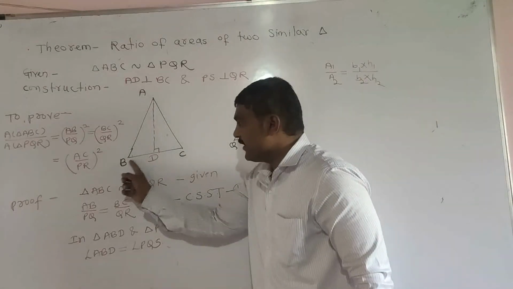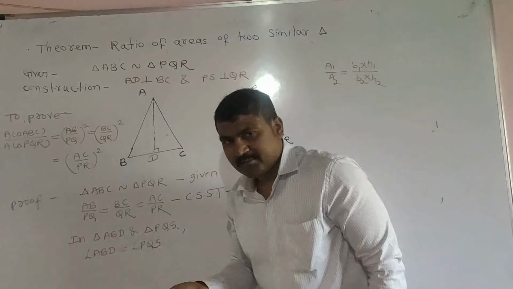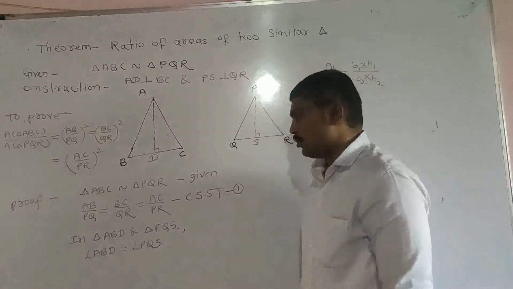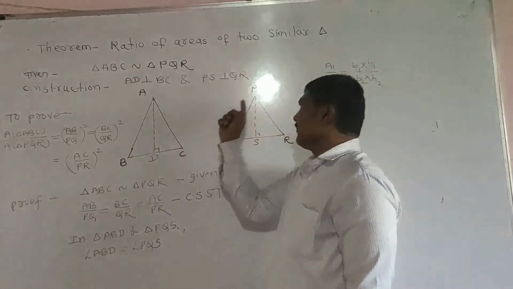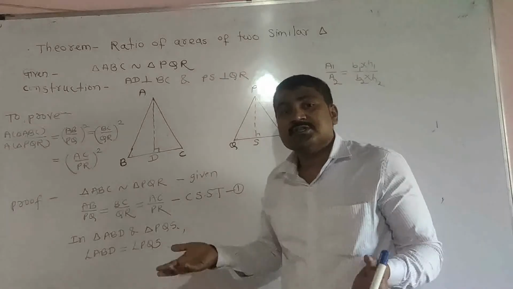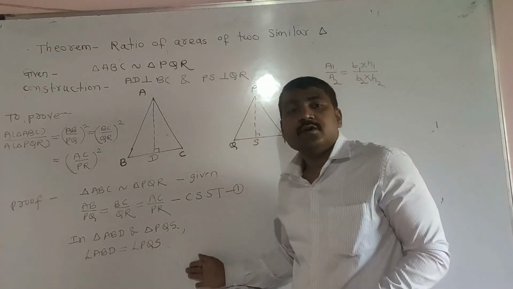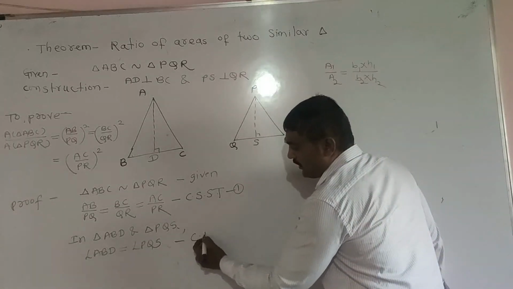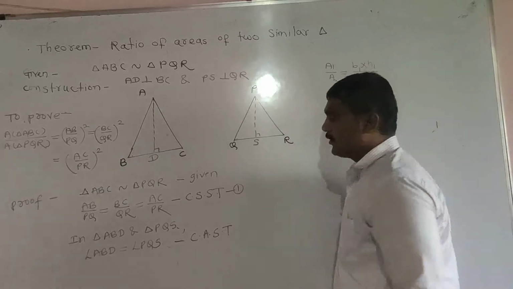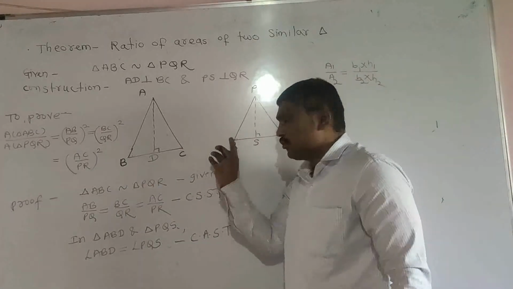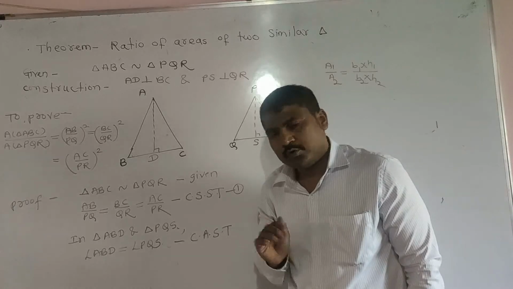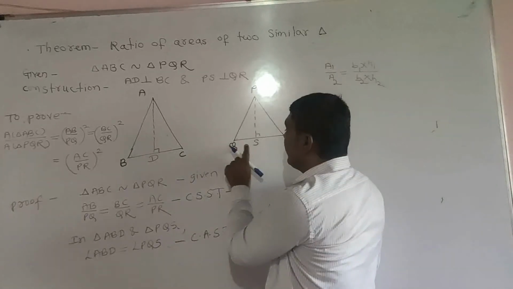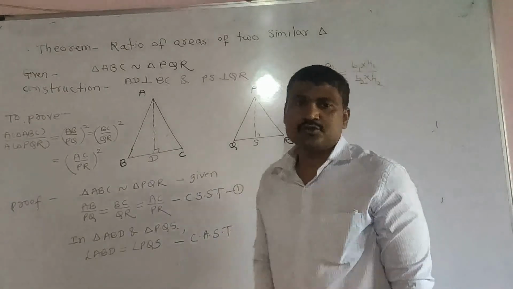Why? ABD or ABC both are the same, and we know ABC, PQR are the same because these are the two similar triangles. So that's why we can write ABD, PQR. What is the reason? Because these are corresponding angles of similar triangles. So we can write the reason is corresponding angles of similar triangles. Understood? Angle B and Q, these are the corresponding angles of the similar triangles. Okay. So also in these two triangles, angle D is 90 degrees, angle S is 90 degrees. So another pair is also similar.